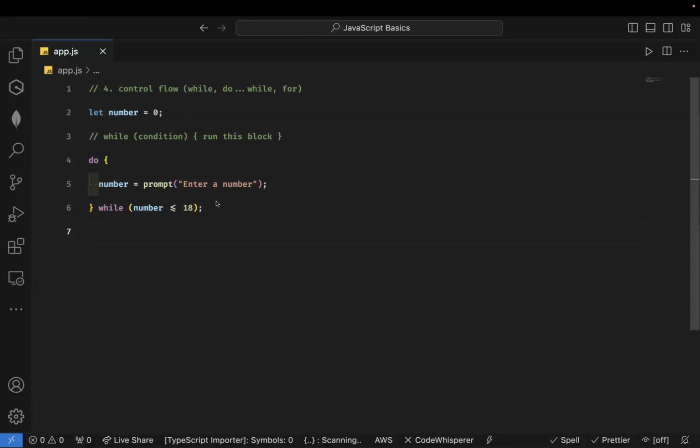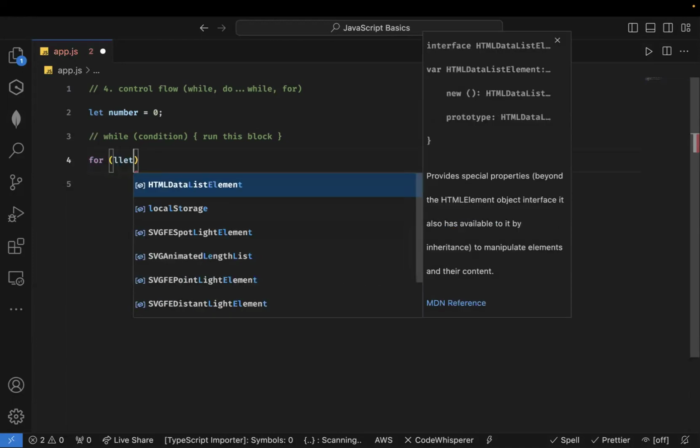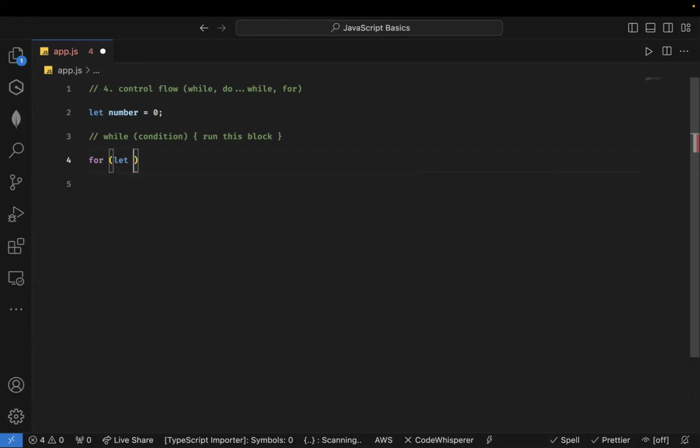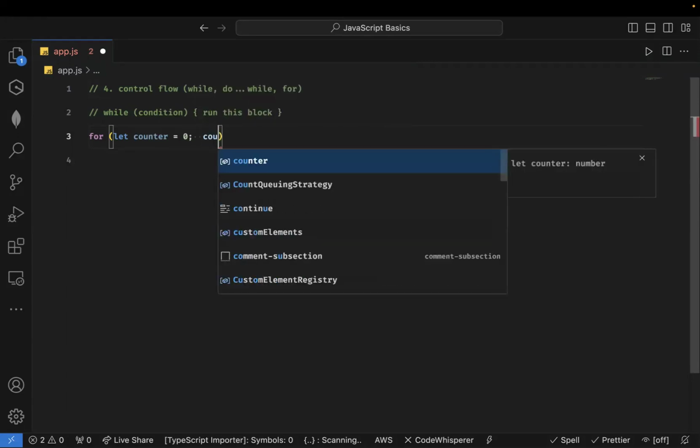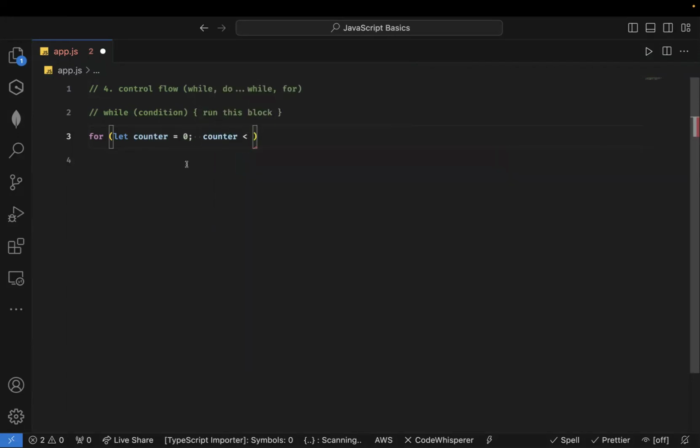So let's do the for loop. The for loop is my most loved loop to teach because it's very straightforward. So let i, for instance. With the for loop, I do not need an external variable. So let's do let i, I'm going to call it counter. And then we'll see, as long as counter is less than